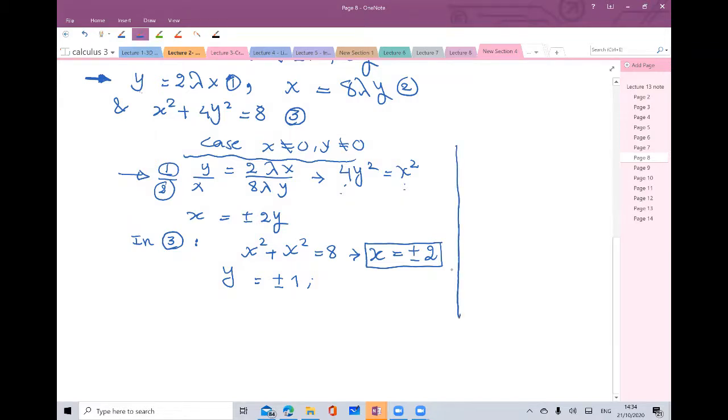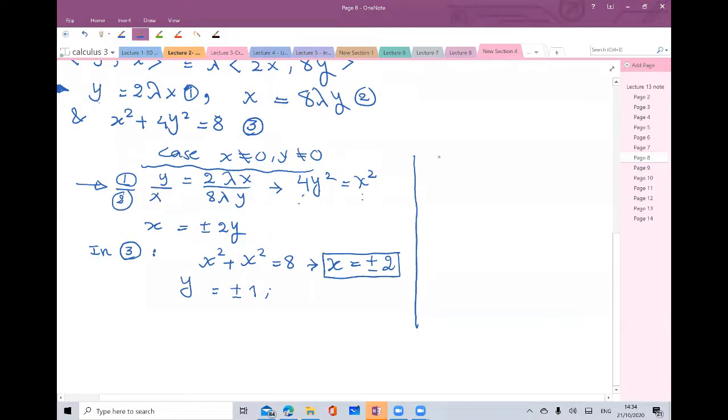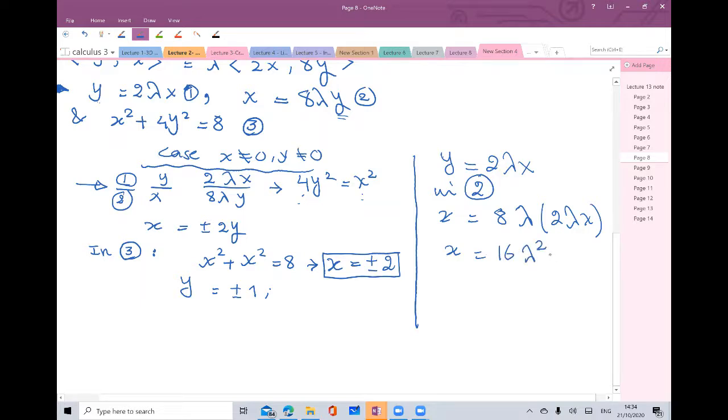يعني we could do other ways. يعني واحد بقى لا، I don't want to divide and I'm gonna substitute. مثلا y is equal to 2 lambda x، لو جيت شلت ال y هنا in equation 2، مش كده؟ فهيديني x is equal to 8 lambda، وال y actually is 2 lambda x، صح؟ يبقى عندي lambda squared x هنا، وهنا x. يبقى هنا برضو you'll have to divide، أو ممكن أحطهم الناحية التانية، فأقول 16 lambda squared negative 1 times x equal 0. يبقى either x is 0 or ال 16 lambda squared هي اللي بتساوي 1، ف it's more أطول، صح؟